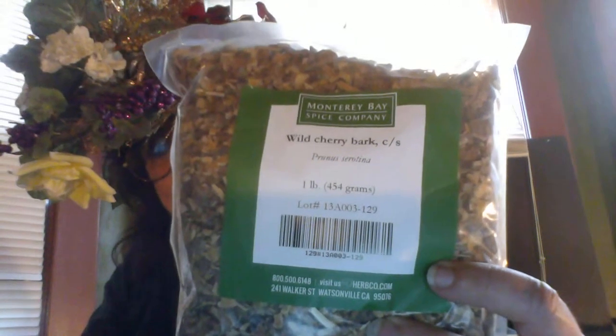And I'm showing you the different ones that I have in my herbal medicine cabinet right now. And this here is wild cherry bark is what I have. And you can see here the size of it. This is also 1 pound. You can make a tincture using this, or make up your teas or something in that area. Now, wild cherry bark